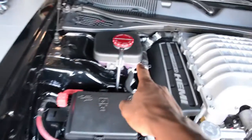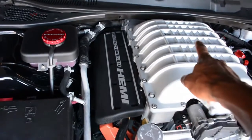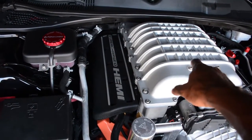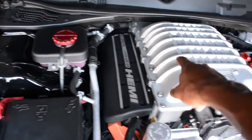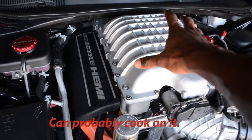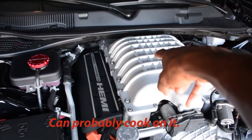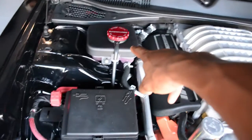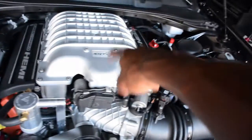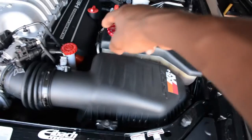The lines from it run right down beside the washer tank to the intercooler. And what the intercooler does is it sends coolant to the supercharger to keep the supercharger cool. So this thing gets very, very hot. As a matter of fact, it gets hot enough to be able to say it's an engine in itself. And it has to be cooled separately than the engine. And another crazy thing about this is